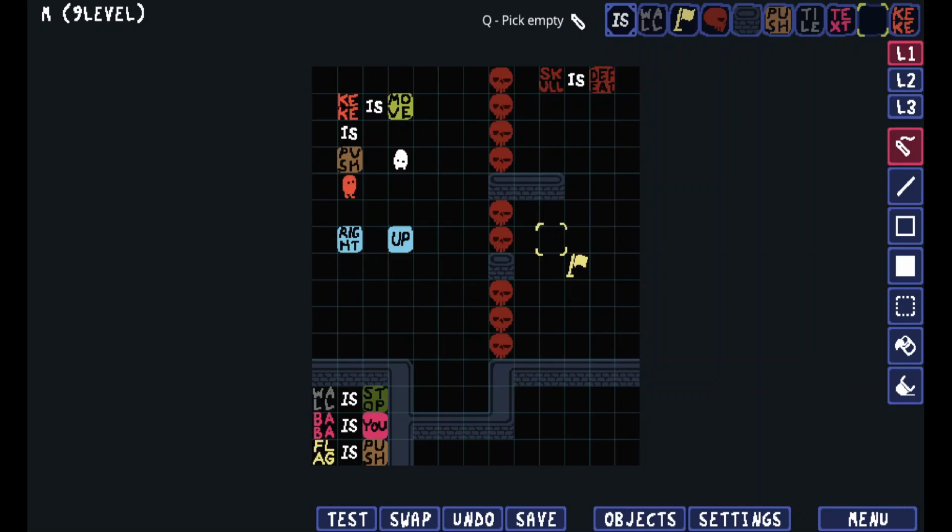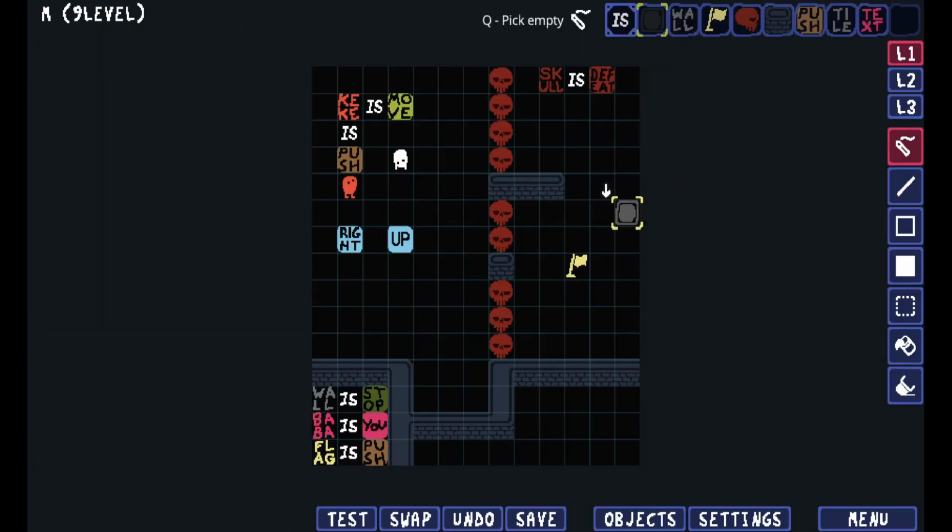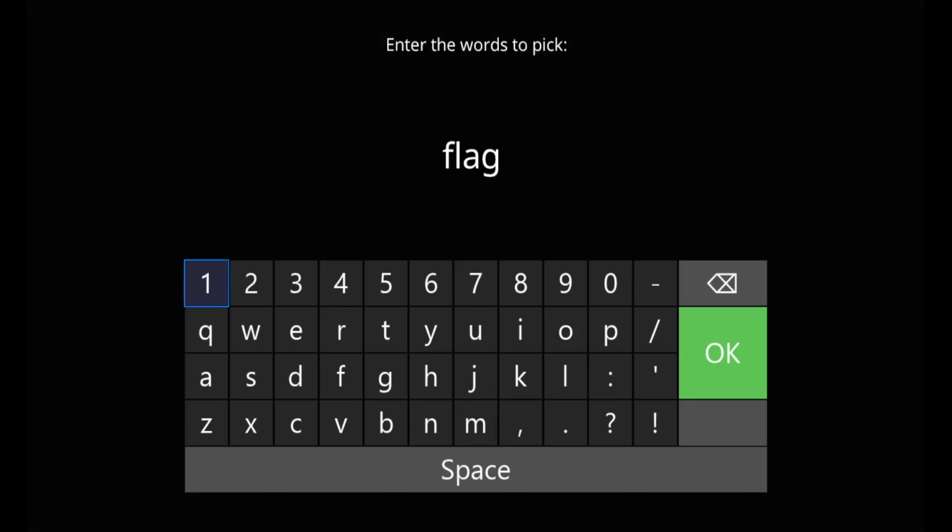Anyways, next is, again, doing that. Flag is push. We're gonna have it in a way so that, yes, you could go by either way, but flag has to go through one way or another. And I'm thinking flag should go up and through here. Sound like a good idea? I think it does. So maybe we'll be using some tiling here. It's like flag, skull, maybe skull not on flag,